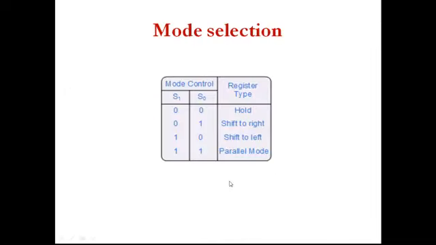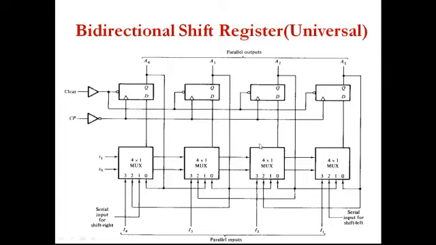Next is 1 0. I have configured 1 0 to be the shift left operation. So with 1 0 on the selection lines, the second line of every multiplexer will be active. Now we have to perform the shift left operation. Shift left in the sense that from A1 it will go to A2, from A2 to A3, and from A3 to A4. So now you see I am giving the input on the rightmost side. See here, the serial input for shift left operation, I am giving it to the second flip flop.